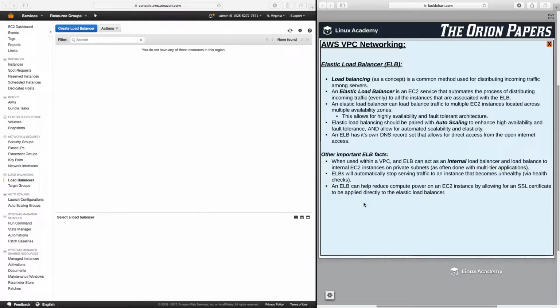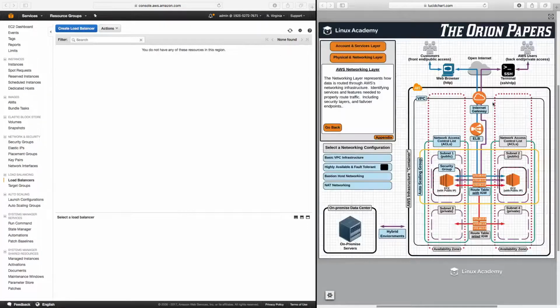But what we can do is apply it directly to the Elastic Load Balancer, and the Elastic Load Balancer will handle all of that compute power, then send the authenticated traffic on to either EC2 instance. Okay, so now that we have a good understanding of what an Elastic Load Balancer is, let's now talk about